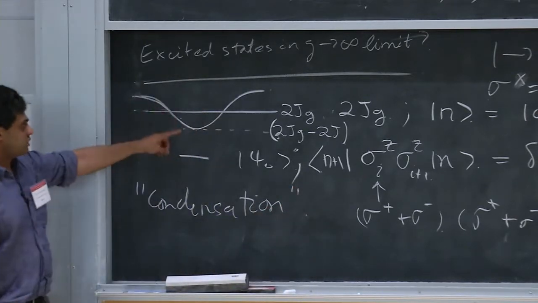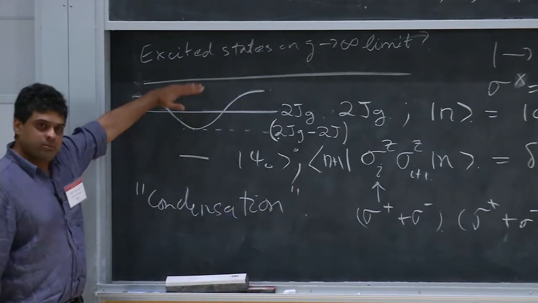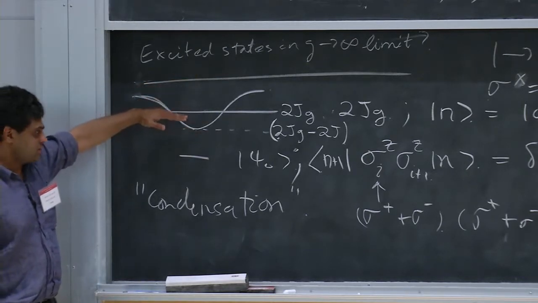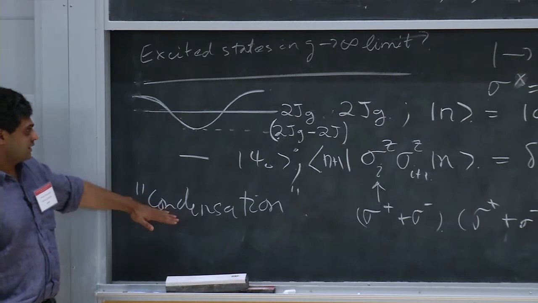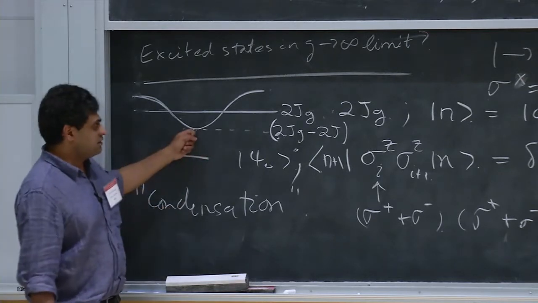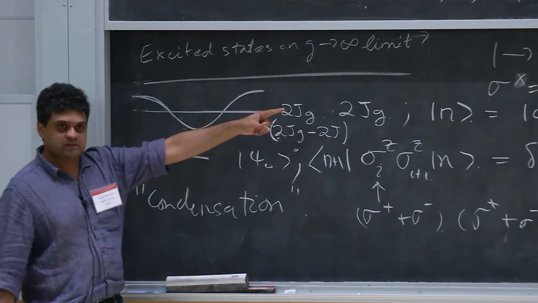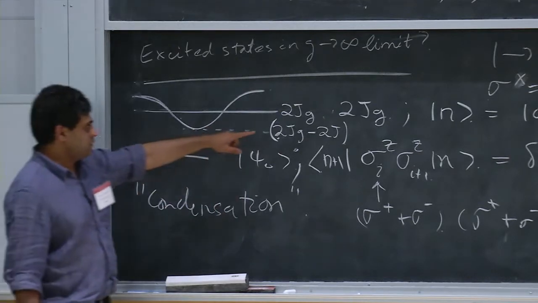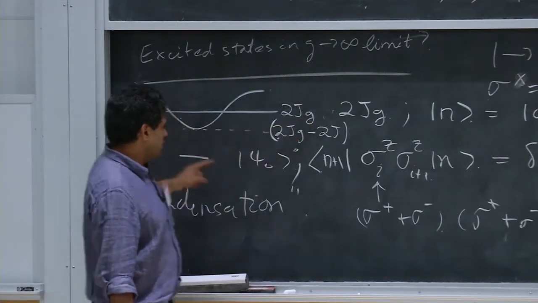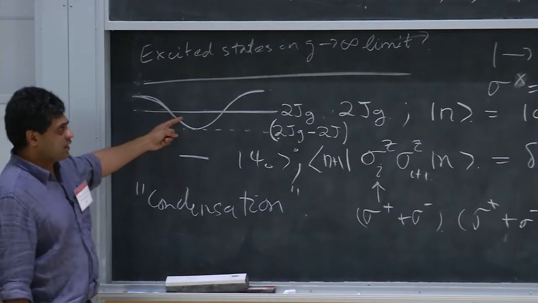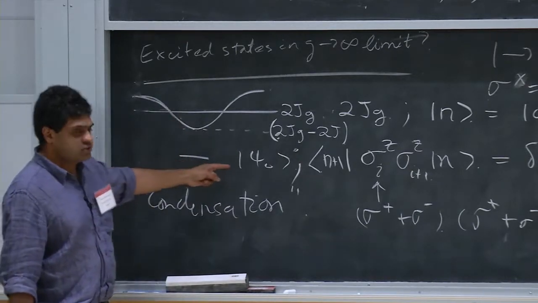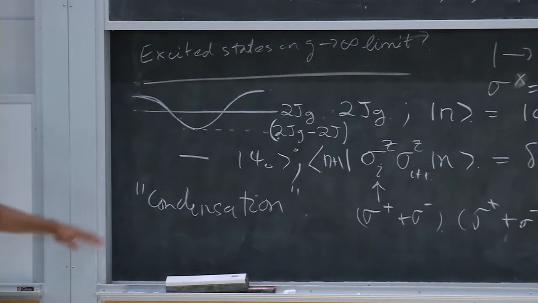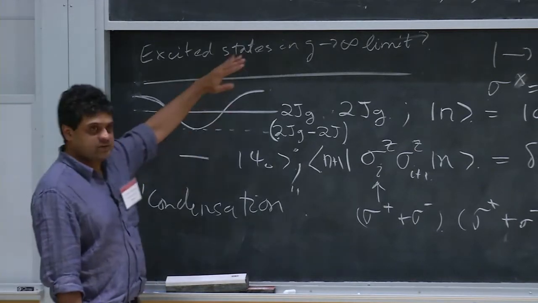It looks a lot like Bose-Einstein condensation. You have some excitations, and you kind of bring the chemical potential up to meet those excitations, and then they'll form a condensate. In this case, the thing that's condensing are these spin flips. To understand the small g part of the phase diagram, you really have to understand what state is produced when these spin flips mix with the ground state. And we'll see that the state they produce is actually the broken symmetry state.